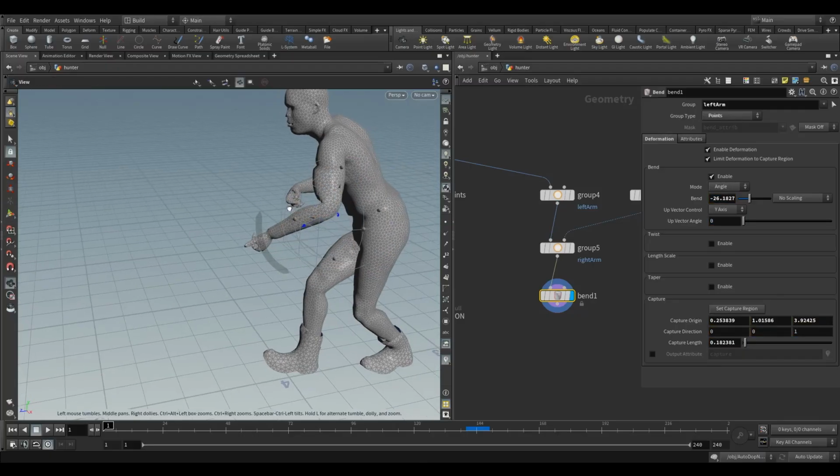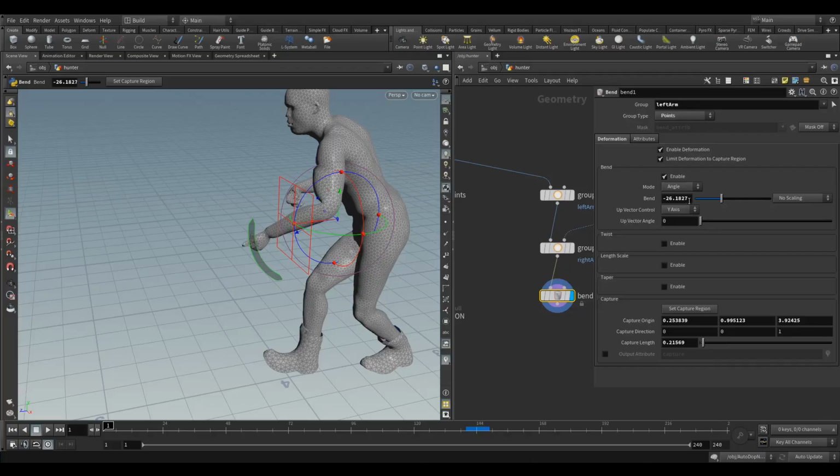When I grab this red box, if I can get it, and move it forward, that's the capture length, and then the capture origin is this whole gizmo, okay? So again, I'll just drop in the values that worked for me with this. So for the left arm, that was minus in bend, minus 53.283. And then the capture origin